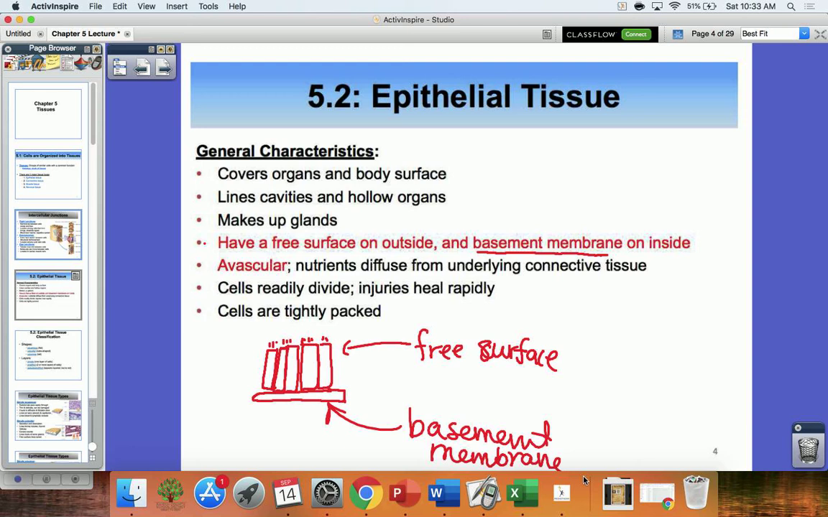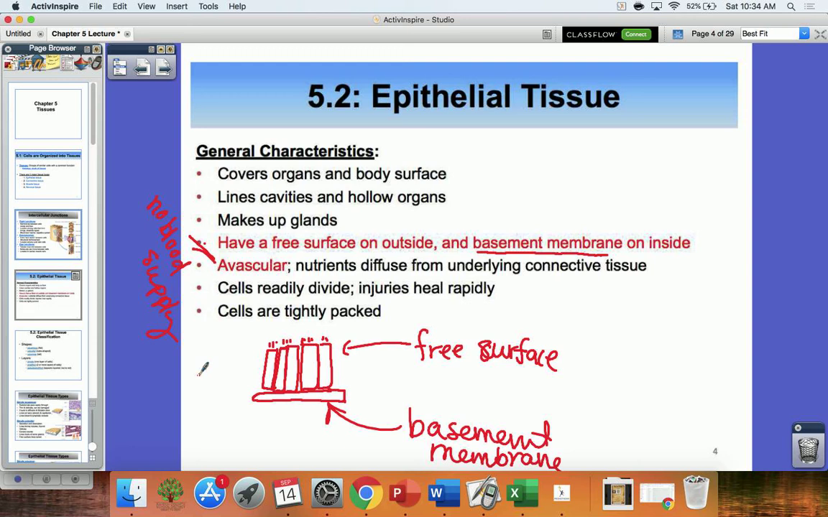Okay. And then we also have another characteristic that's kind of unique to our epithelial tissues, that is avascular. Now, avascular means that it has no blood supply. No blood supply. Definitely something that's important to know, especially when we get into talking about the integumentary system, knowing that epithelial tissue